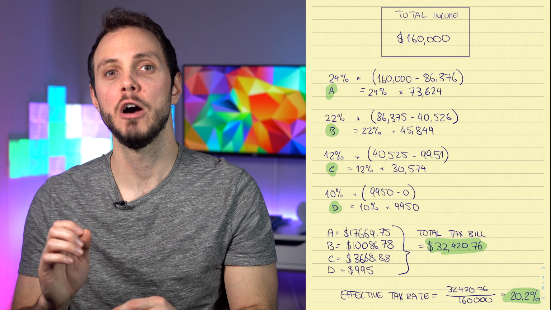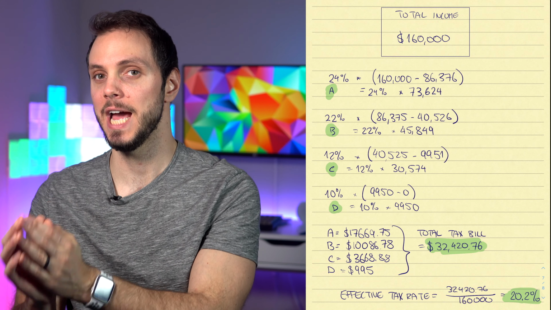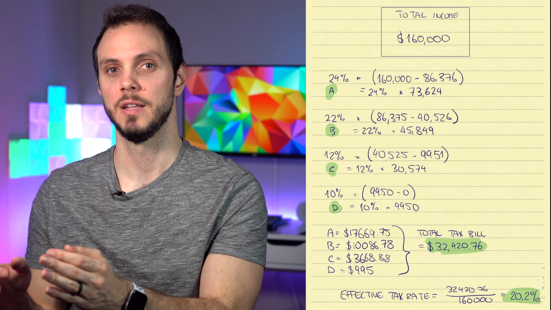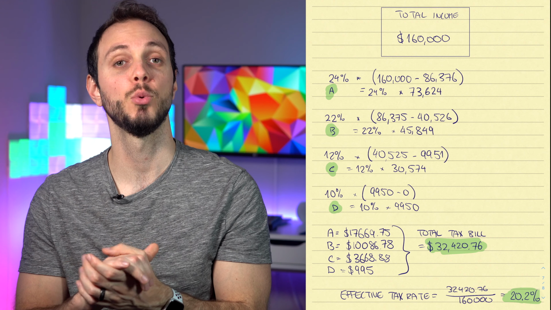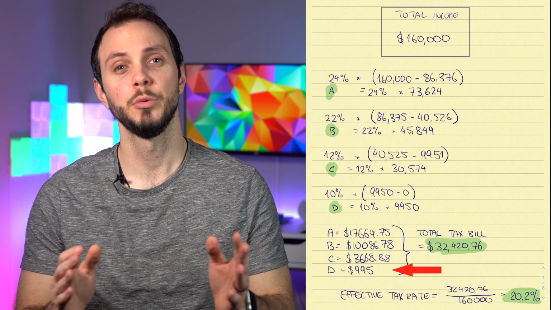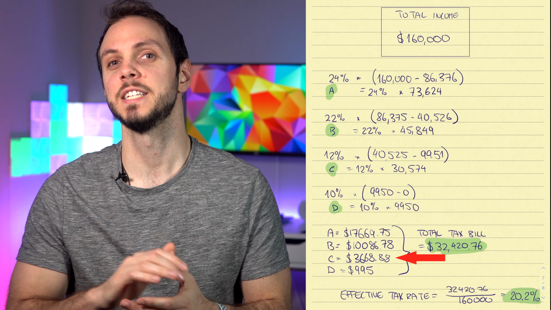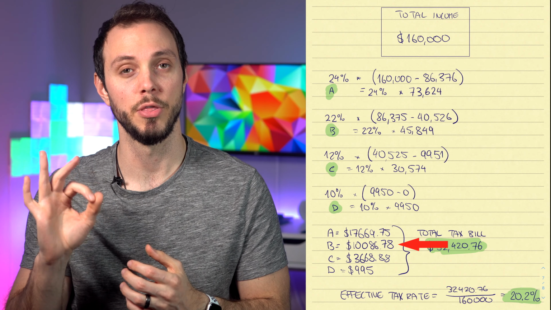And finally, in the fourth glass, we pour $73,624. Now, from the first glass, we remove 10% because that's the first bracket's tax rate. From the second glass, we remove 12%. From the third, we remove 22%. And from the fourth, we remove 24%. This would give us $995 from the first glass, $3,668 from the second glass, $10,066 from glass number 3, and